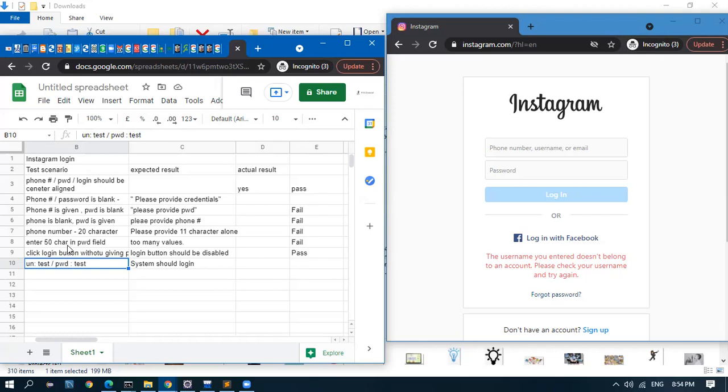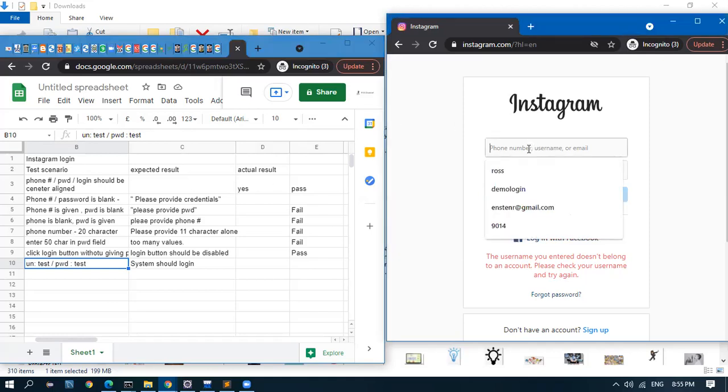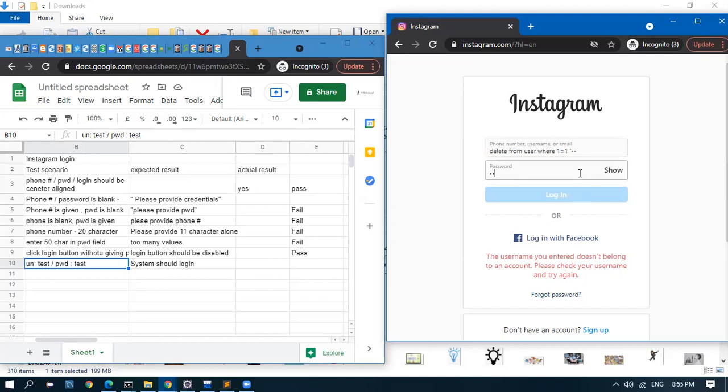Okay. So now you got a high-level idea of what testing is. And one thing I want to tell here is that there are cases where we can delete a database. We can give a delete query here: delete from user where 1 equal to 1. We have hacking techniques. There are some techniques here. If we give it like this, we can delete.